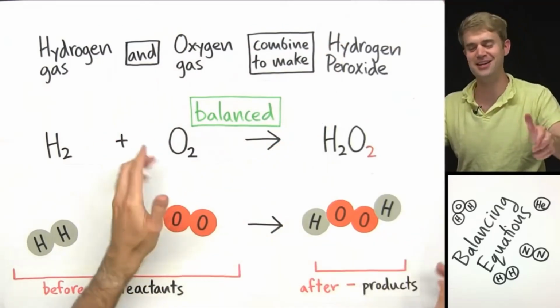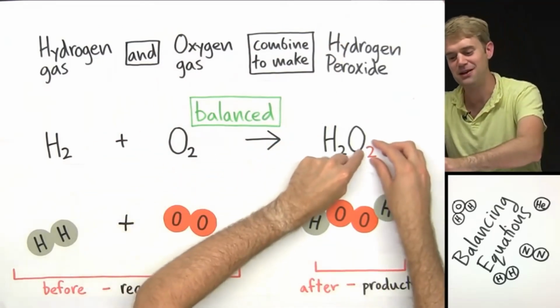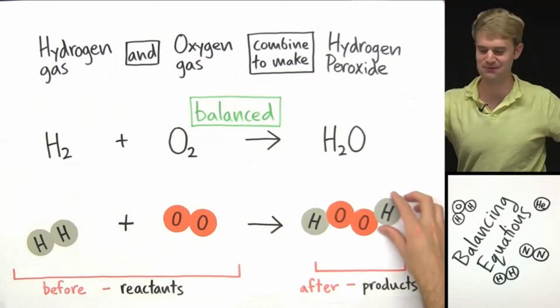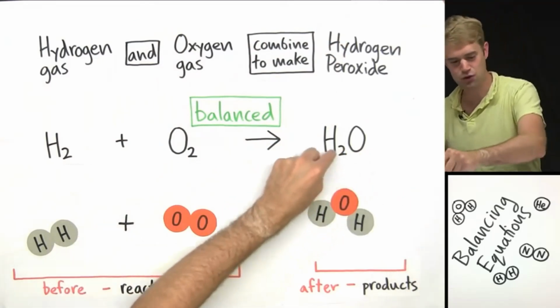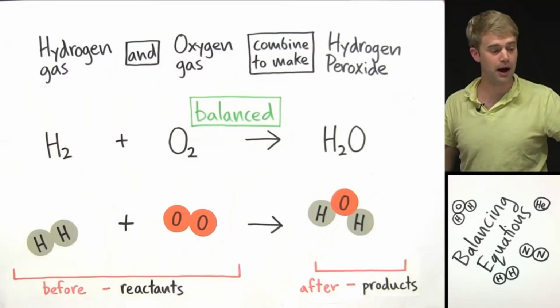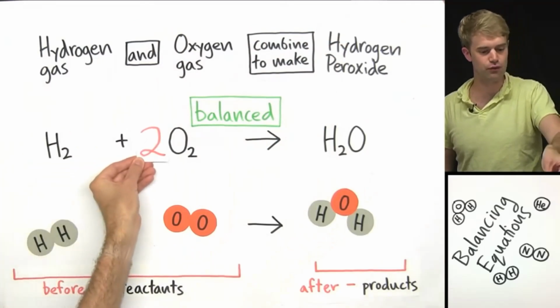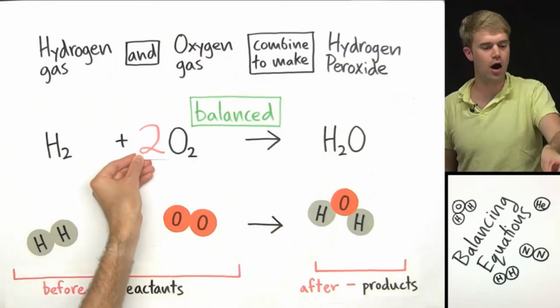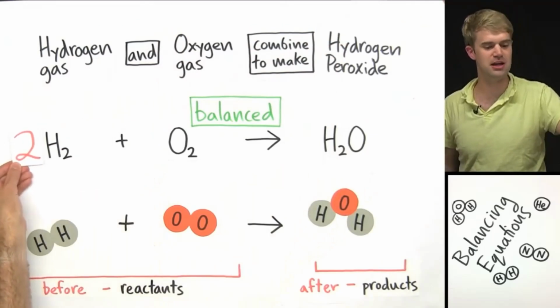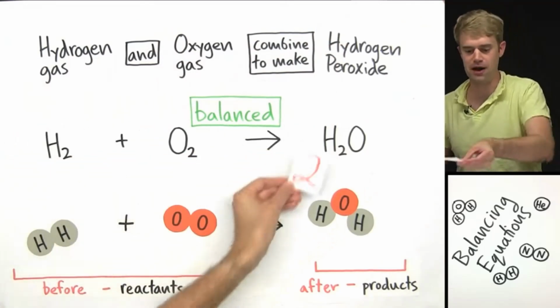You totally change the meaning of the equation if you mess around with these subscripts. So you can't do that. The subscripts have to remain the same, but you can put numbers in front of 1 or more of the compounds, but the numbers always have to be in front. You can't modify